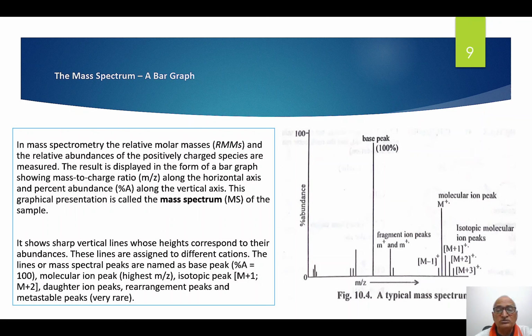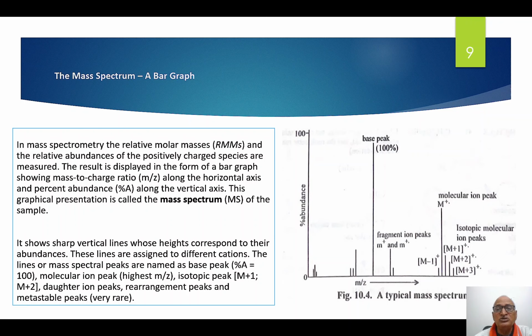What are the variables? Along the horizontal axis, you have mass. Actually, m by z is essentially mass because z is usually 1. Along the vertical axis, you have percent abundance of each kind of ion. The most intense ion, the most abundant ion, gives 100%